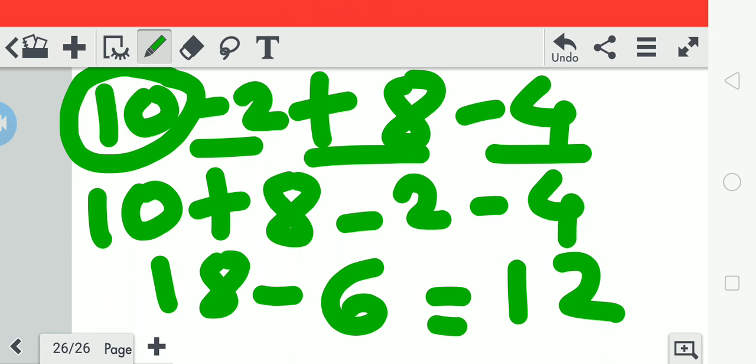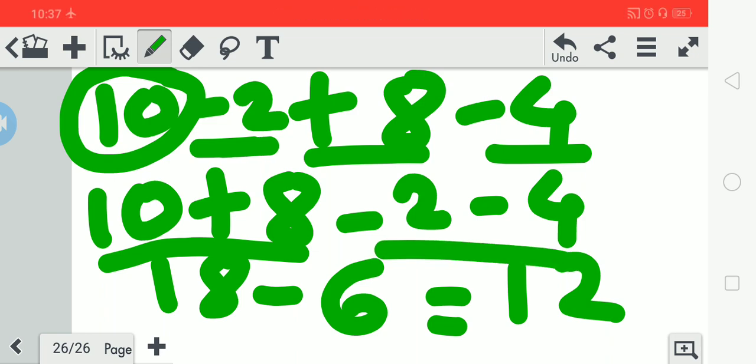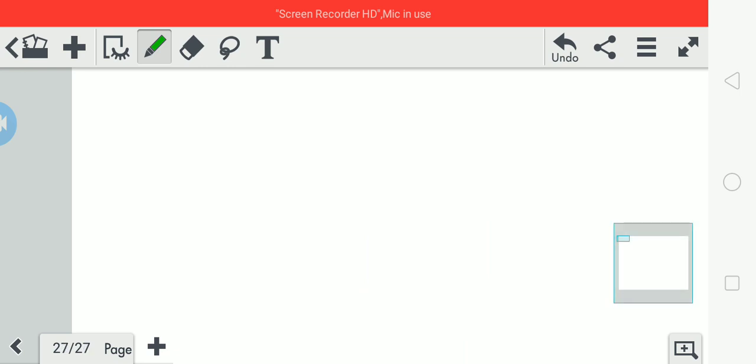I repeat the example. The example was 10 minus 2 plus 8 minus 4. Make two groups, one group of positive numbers, one group of negative numbers. So positive numbers are 10 plus 8. I write here. After that write the negative numbers, minus 2 and minus 4. Now third step, do the addition of positive numbers, do the addition of negative numbers. 10 and 8, 18. Minus 2 and minus 4, minus 6. Rule number 2 we apply here. Now 18 minus 6, that is 12. This kind of example is given in question number 4.